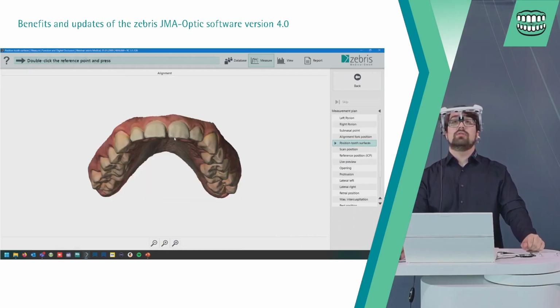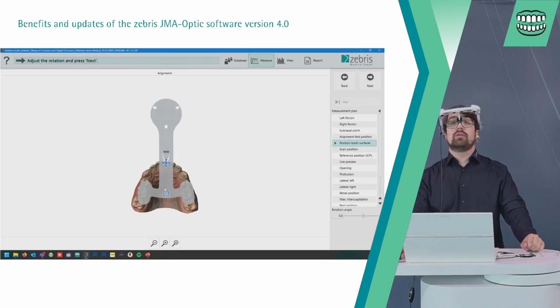The alignment is good. Mark my reference point. Align it a bit in the back.